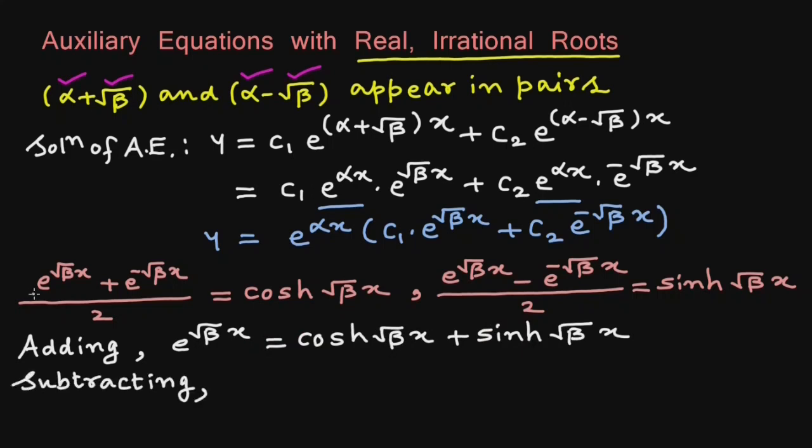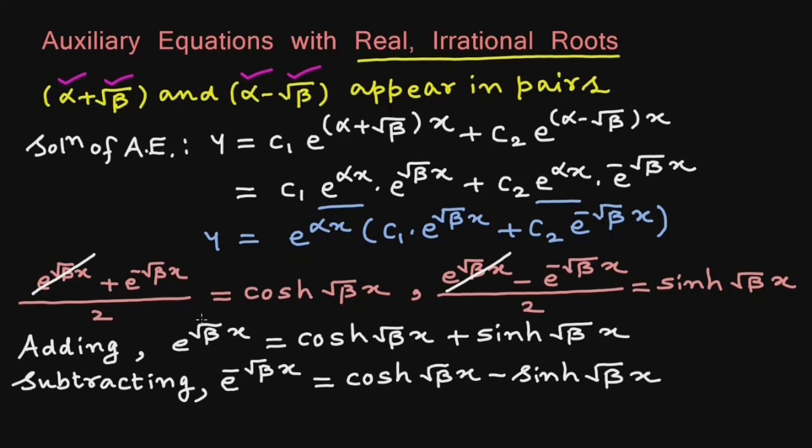Subtracting them, e raised to root beta x minus e raised to root beta x will be 0, and we will get e raised to minus root beta x equals cos h root beta x minus sin h root beta x. We will use these values of e raised to root beta x and e raised to minus root beta x